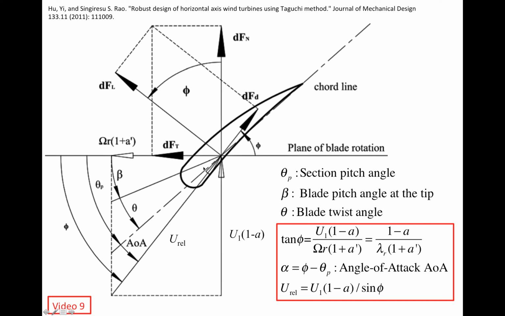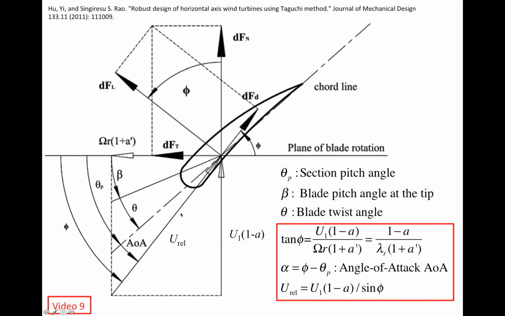So at a given radius r, if we look at just the airfoil at that radius, so r is fixed, we are just looking at a particular cross-section. If r is fixed, then omega r is fixed. So the linear speed of the airfoil is fixed. So if the free stream wind speed u1 increases, so if this vector becomes longer,